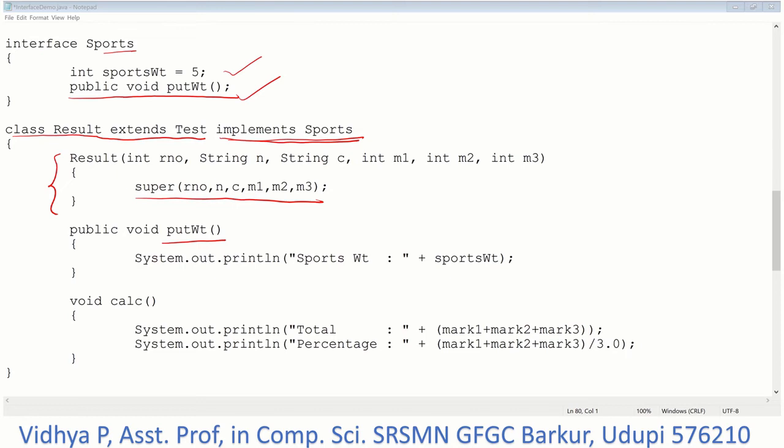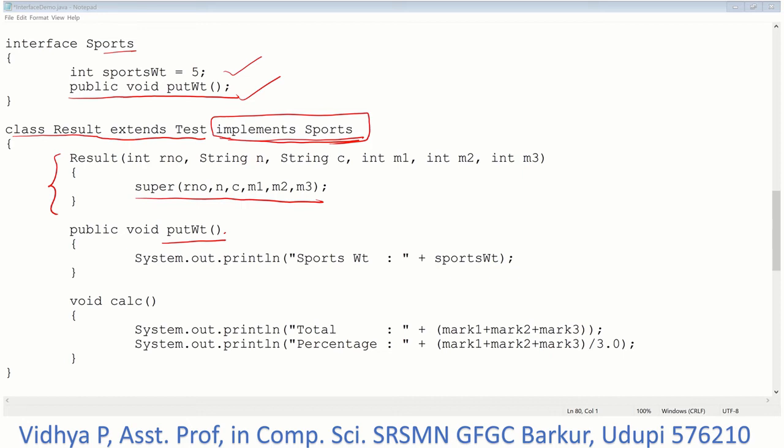If a class implements a particular interface, it should define that particular method given inside that interface. So System.out.println sportsWeight equal to sportsWeight, that is I am printing the value 5 using the method putWeight, and I am also using one method calculate to calculate the total and the percentage.